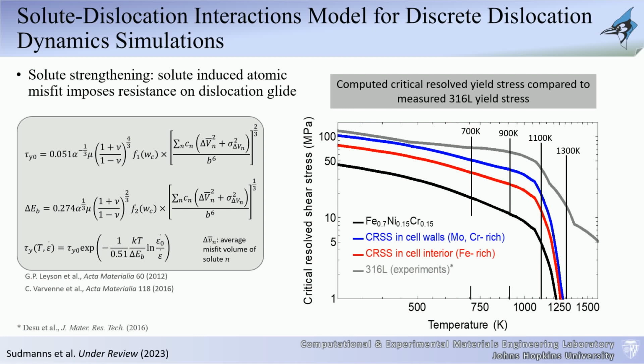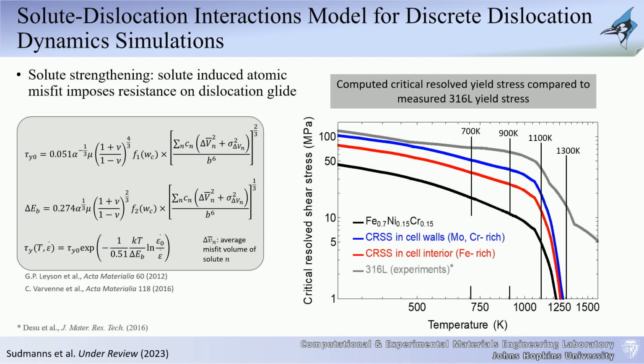It was developed, I think it was actually in 2014, 2012, stand corrected. But nevertheless, it basically calculates the resistive stress, or the critical resolved shear stress, of a single dislocation that is passing through a field that has a certain concentration, and you can calculate it as a function of temperature and your strain rate of your loading. To calculate that value, you need to calculate this energy component. That energy component relates to the local concentration, relates to the change in volume associated with the different atoms, and so on and so forth. So nevertheless, this is the bunch of equations that you can use.